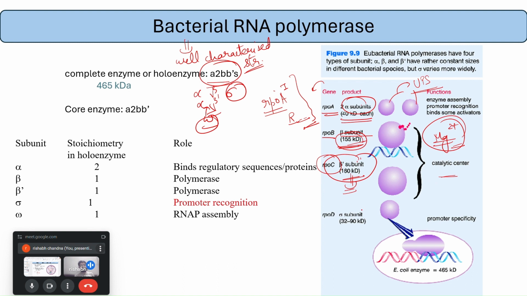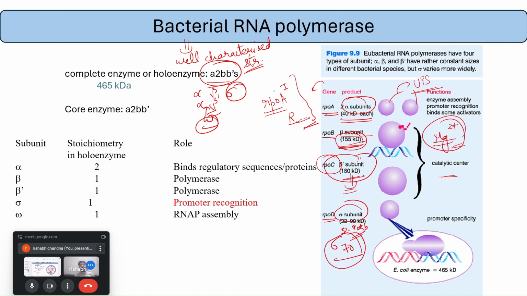And then we have the sigma subunit coded by the rpoD gene. This ranges from 32 to 90 kilodalton, and it helps in promoter specificity. There are different kinds of sigma subunits, based on their molecular weight, that recognize genes involved in different processes, but sigma 70 is the commonest one and is involved in most of the bacterial processes. Okay, so